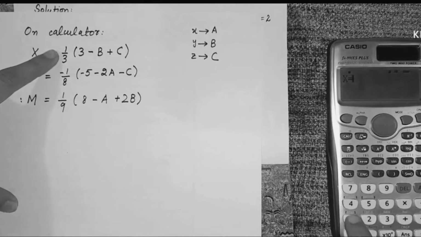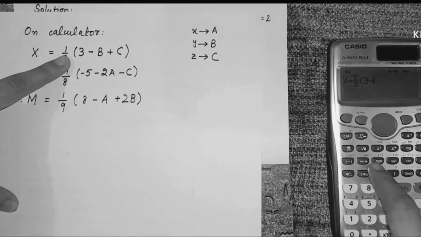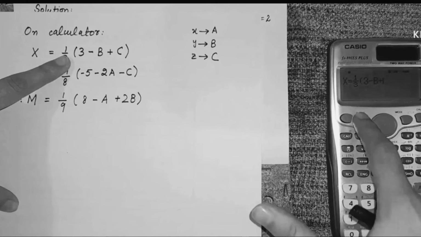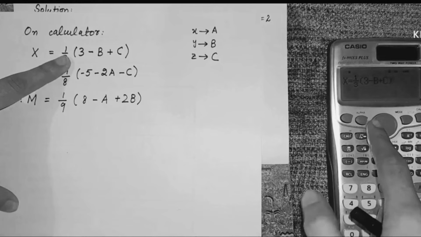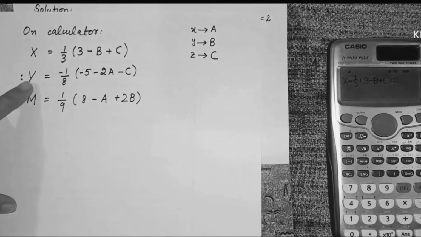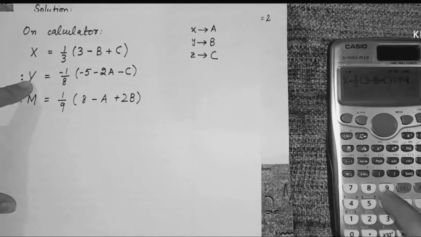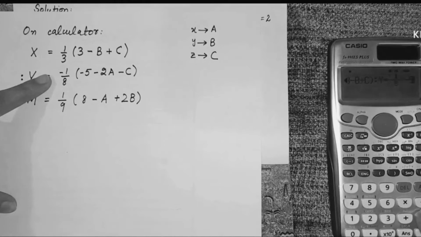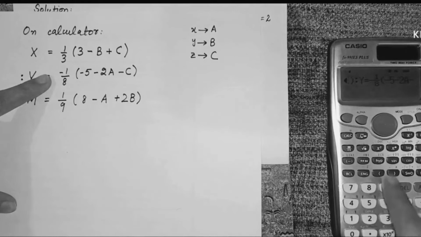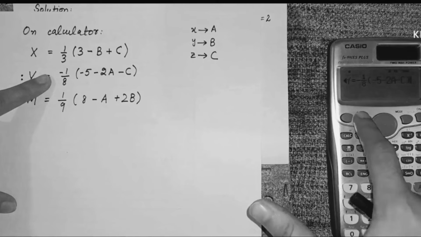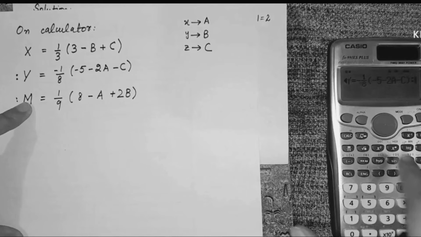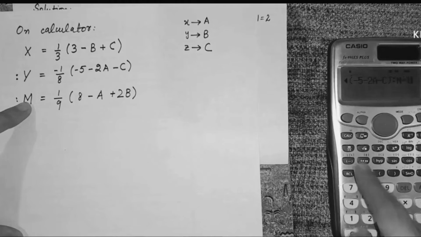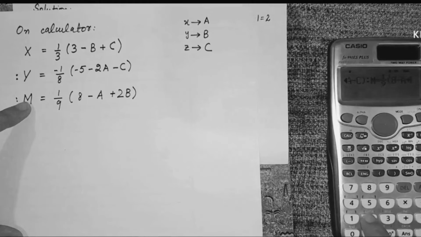Now we have to write this one: 1 over 3 bracket 3 minus alpha b plus alpha c, close bracket, then we'll press alpha colon, y for y, alpha y again equal to negative 1 over 8 bracket negative 5 negative 2 alpha a negative alpha c, close the bracket again, alpha colon, capital M, alpha capital M is equal to 1 over 9 bracket 8 minus alpha a plus 2